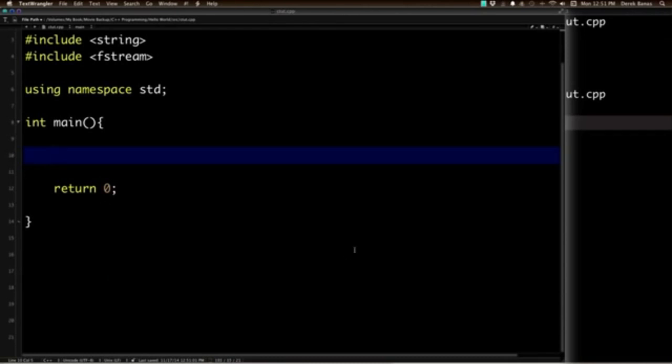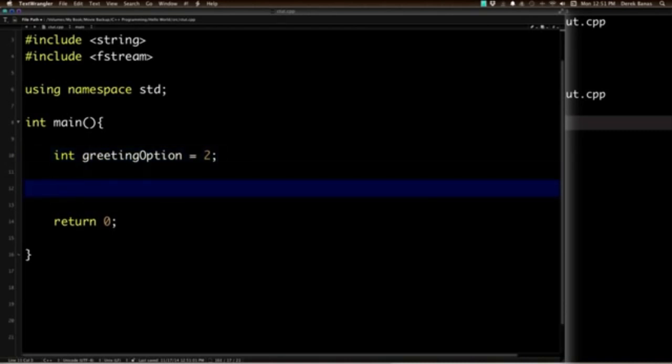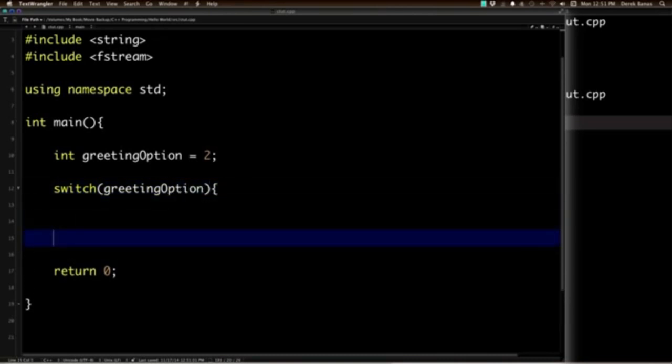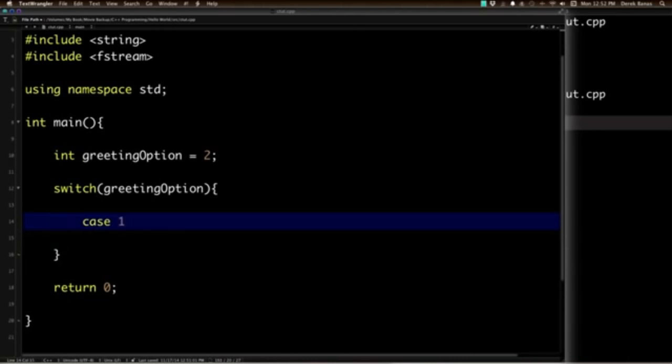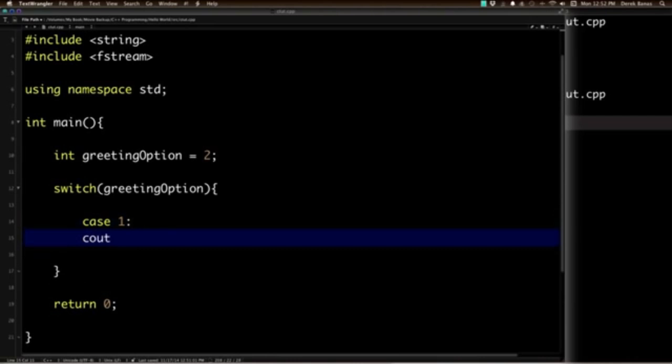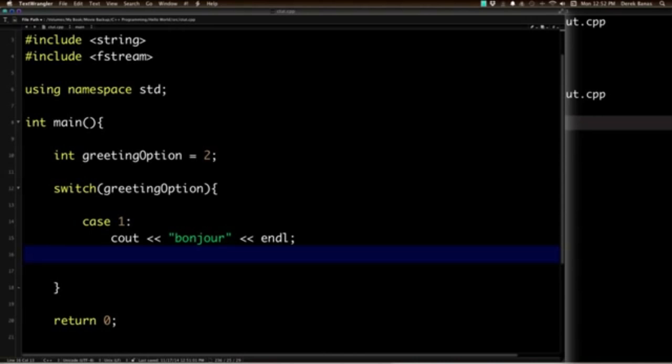Now let's take a look at the switch statement, which is basically going to be used whenever you have a limited number of possible options. So let's say we have int greetingOption, and let's say they chose 2. Then what we're going to be able to do is check the values of greetingOption with our switch statement, put it inside of curly brackets again, and we're going to say case: if the value of greetingOption is equal to 1, well then we're going to print out on the screen bonjour. Then to jump out of the switch statement altogether, we're going to type in break,